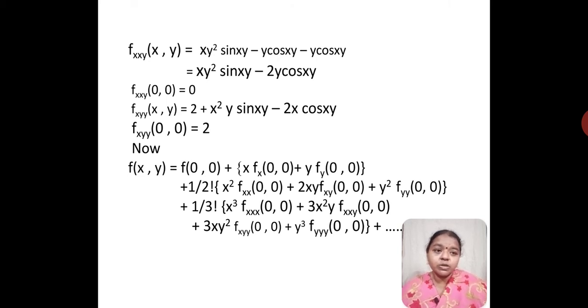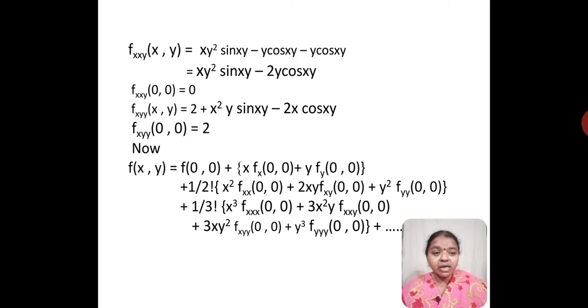So you have minus x square as it is into differential of cos xy is sin xy into y with a minus sign. So that becomes plus, and hence you get x square y sin xy minus, you already have x square cos xy there. So minus cos xy remains as it is, and differential of x square becomes 2x. Now let us substitute x is equal to 0, y is equal to 0. So first term remains 2, second term becomes 0, third term also becomes 0. Hence you get f x y y of 0 comma 0 is equal to 2.